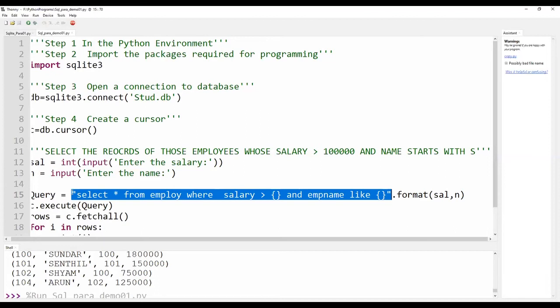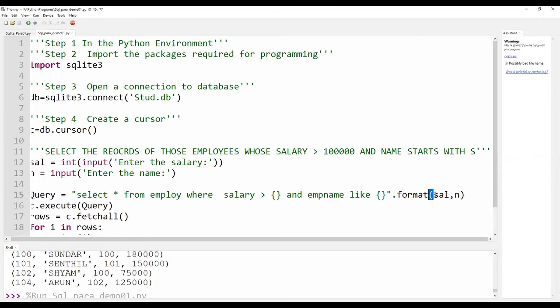You have three arguments there: one is K, another is V, and the other is P. K denotes, in dot format, which column I am trying to pass values to. Sal denotes the column, and the input for sal denotes the value. Where you are going to place it denotes the P argument.